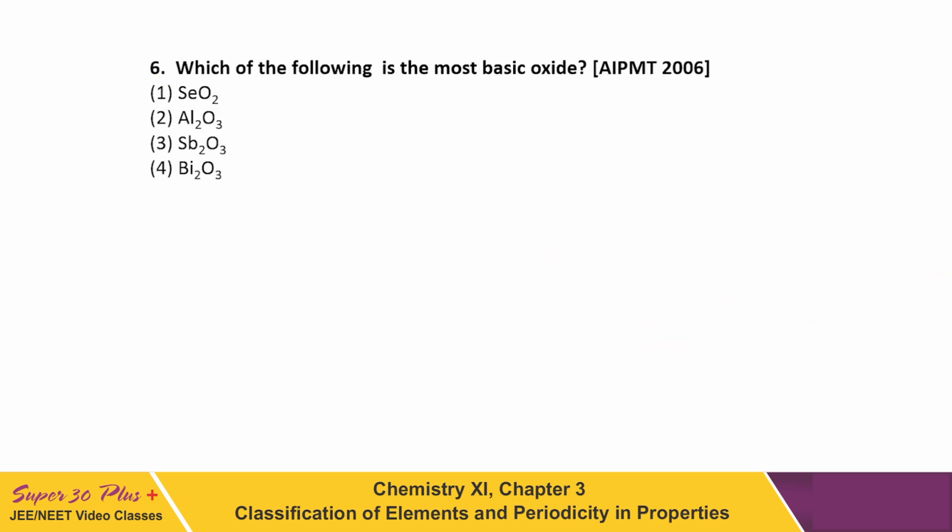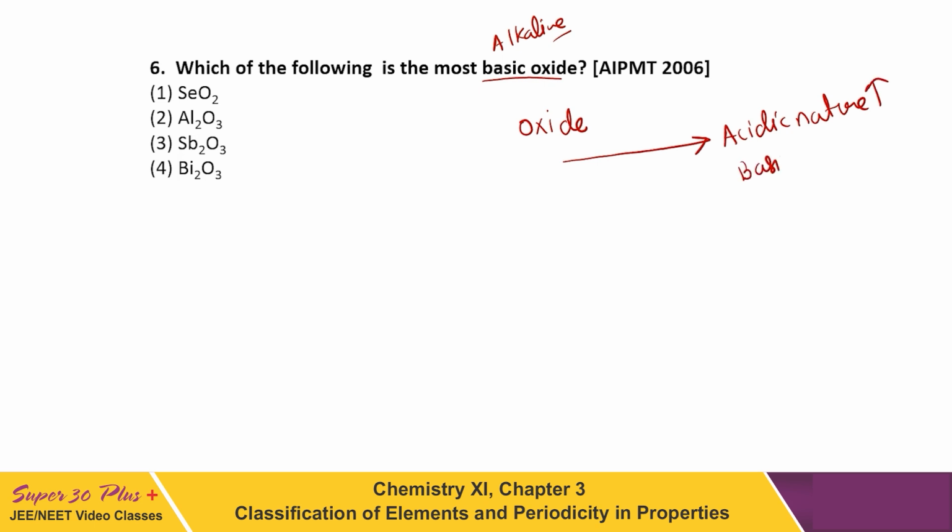Now the next question is, which of the following is the most basic oxide? It is a very simple question, students. Which one is most basic or alkaline? This question was there in the All India Pre-Medical Test 2006. So what about the nature of oxides? See, I taught you in the periodic table that for oxides, if you go left to right in the periodic table, their acidic nature increases and basic nature, meaning alkaline nature,